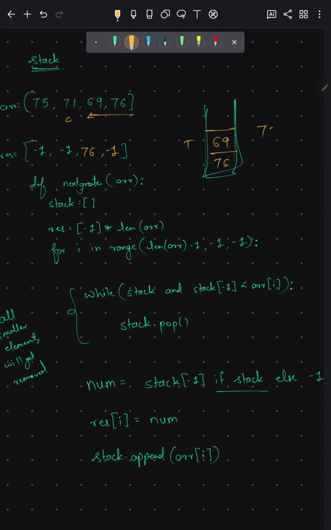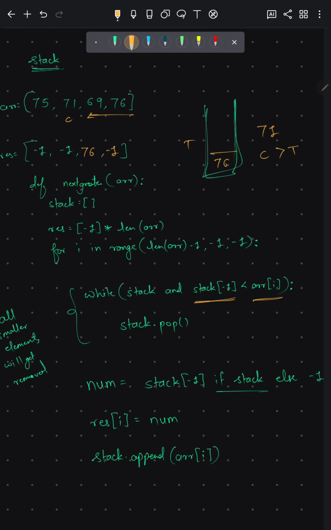So it is 71. Now look at this. Now 71, this is our current element, which is greater than stack of top, right? So stack of top is less than our current element, right? Current is 71, so 71 is of course greater than 69. So that's why we are going to pop this element.